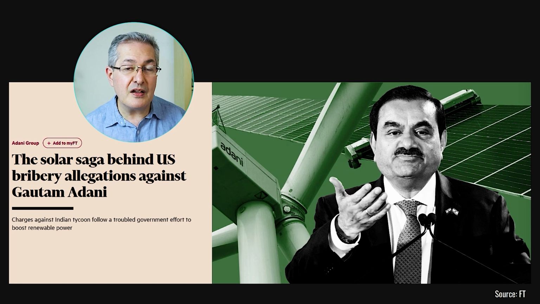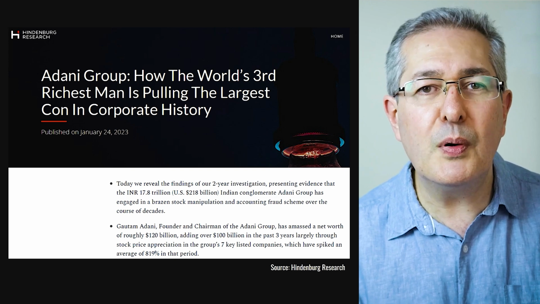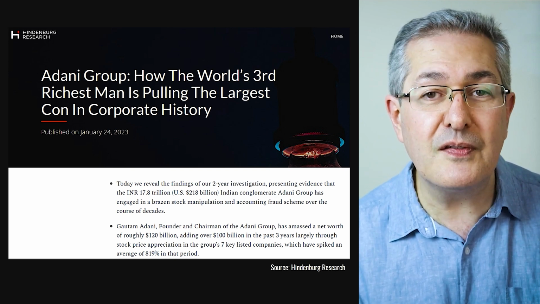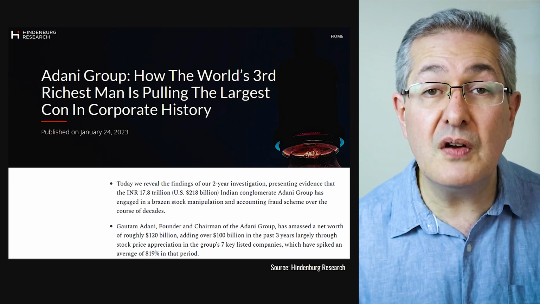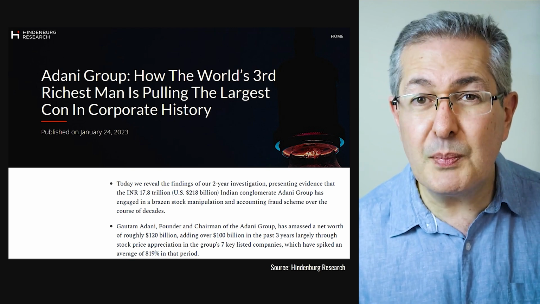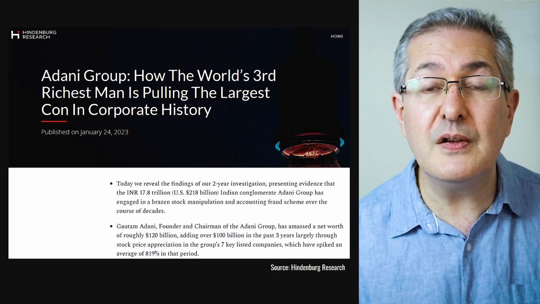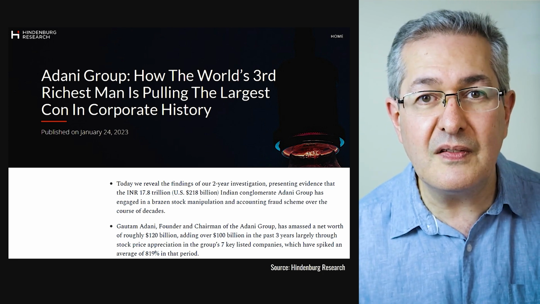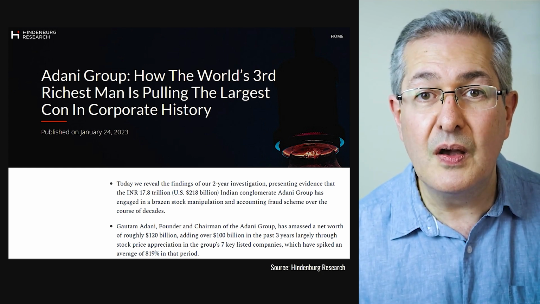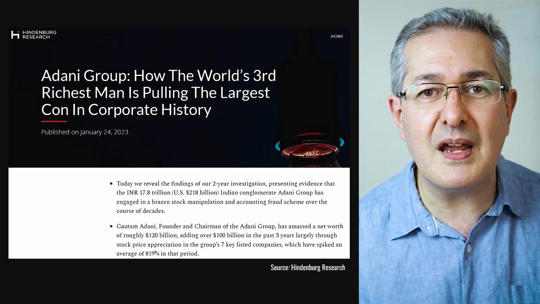And in this case, a recent scandal is to do with Gautam Adani. Here's the story that was in the FT recently, all about that scandal. Now, that really kicked off with a report from Hindenburg, the famous short sellers. And they did really extensive research over a series of years where they spoke to dozens of individuals, including former senior executives of the Adani Group. And they also conducted site visits in many countries, almost half a dozen of them according to their report.